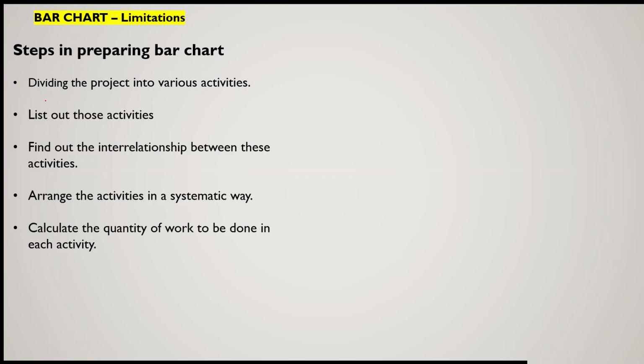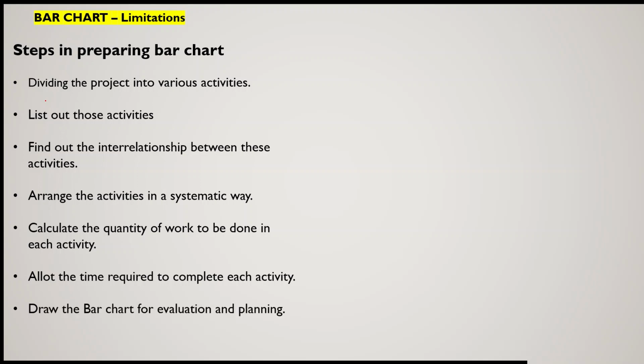Then we can calculate the quantity of work to be done in each activity. That means how much portion of the work will be covered by the completion of that activity. Then accordingly, we will be allotting the time required to complete that activity. So that means for one activity, how much time it requires, so that we can work out what will be the total project duration. Then we will draw a simple bar chart for evaluation and planning purposes,